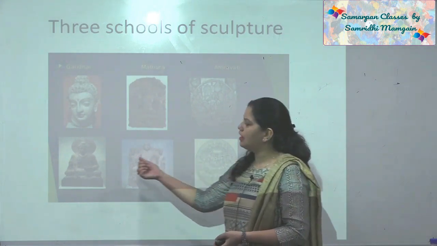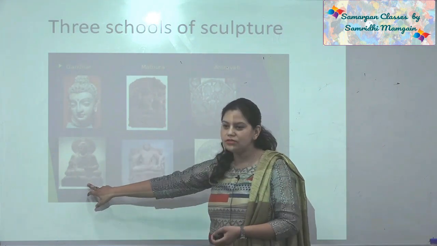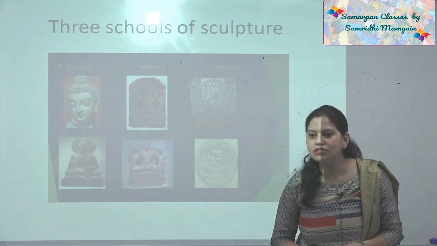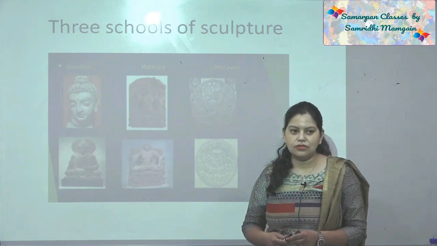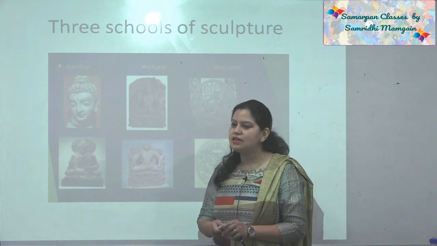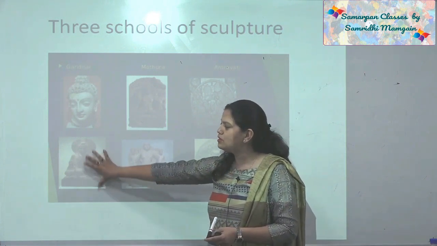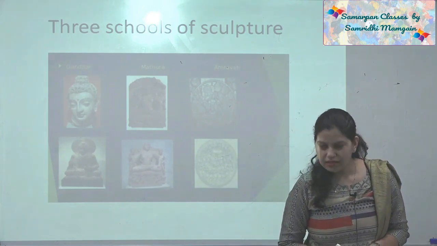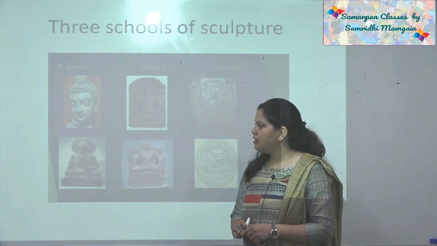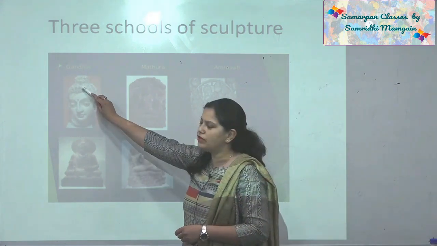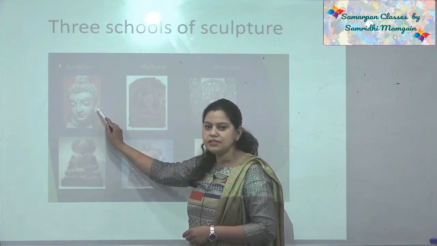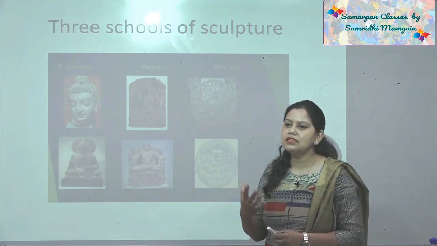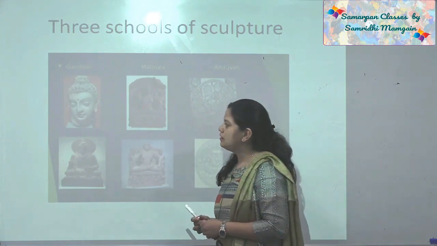So first is the Gandhara school, this is Gandhara school, this is also Gandhara school. The difference is, first of all, the region. Which region? Pakistan, Afghanistan region, northwest India. So Afghanistan and Peshawar. This school developed under, who promoted it? Shakas and Kushans. And the features were: the hairstyle is wavy, long ears, eyes are half closed, that shows that Buddha is in a spiritual state. Then what else?